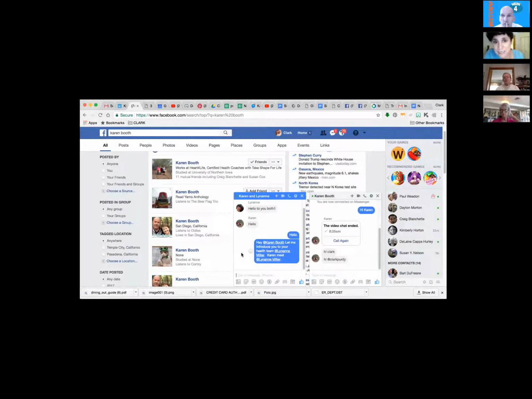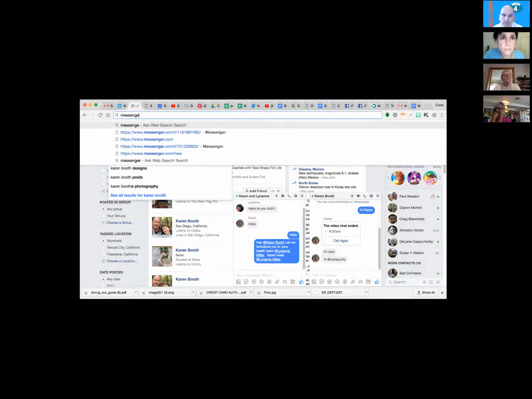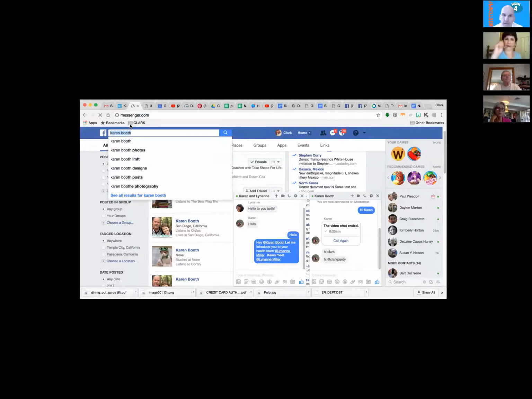So I see the chats. Go to messenger.com, Clark, at the top. Yes. Go to a new web page, messenger.com. Literally, it just clicked with me because I thought we were doing video messaging, and what we're doing is messaging by typing.